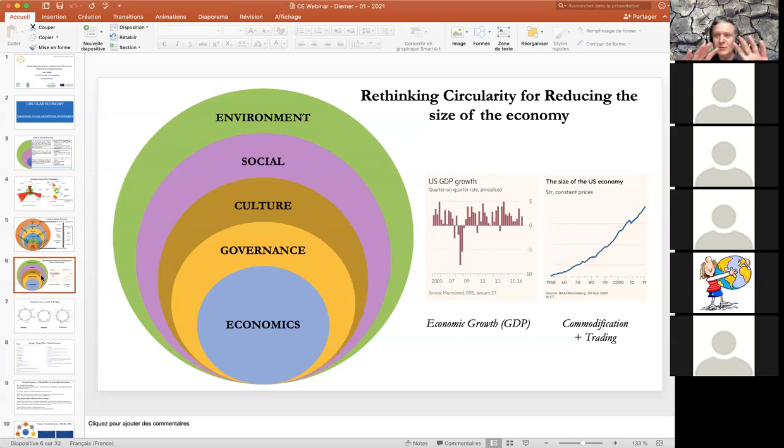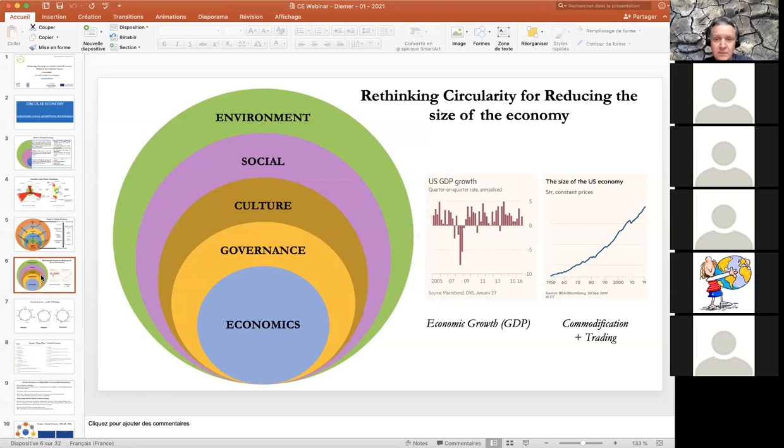I would say this is a part of the iceberg. You see the iceberg, you don't see what's happening behind. This is the same with the size of the economy. It's very hard to capture all the growth of commodification. And maybe the last point is trading. We know that if you start to design trading as a driver of the GDP, for example, it means you forget the footprint of the trading, I mean export and import.